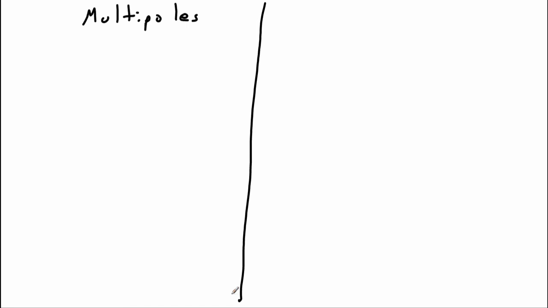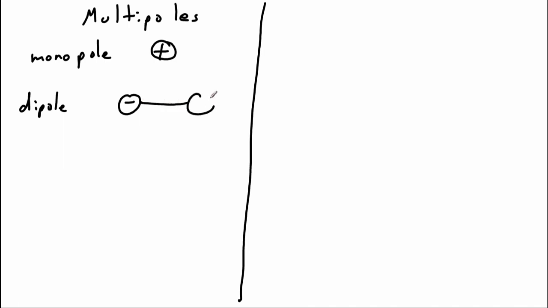Discrete individual charges are just one example of what we call poles. So we can have a monopole, and that's just a positive or negative charge. We can also have a dipole, where something's neutral, but we have a separation of charge within the object. And of course, we're familiar with dipoles. We can also have a quadrupole,